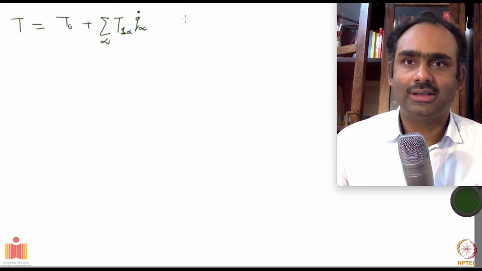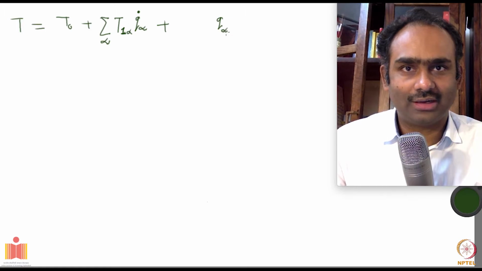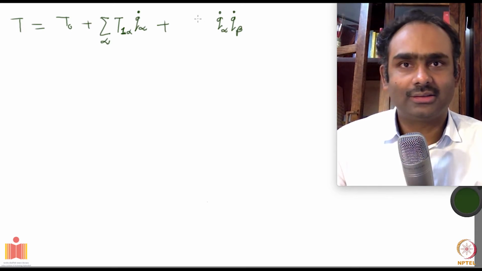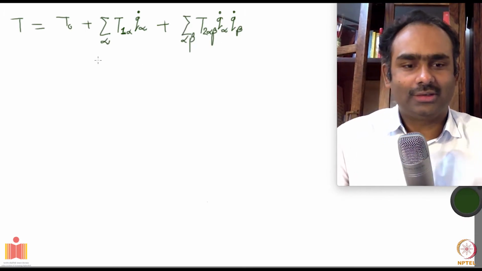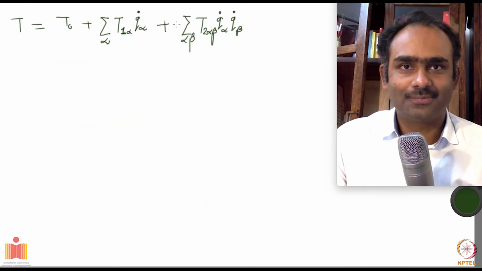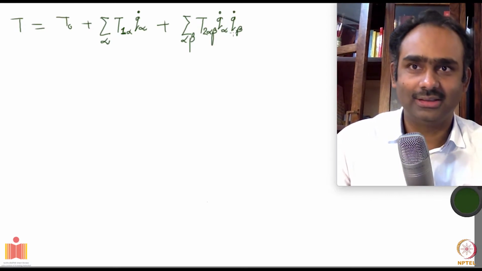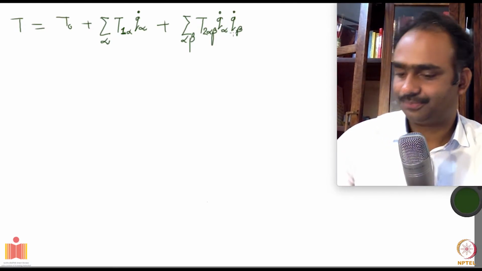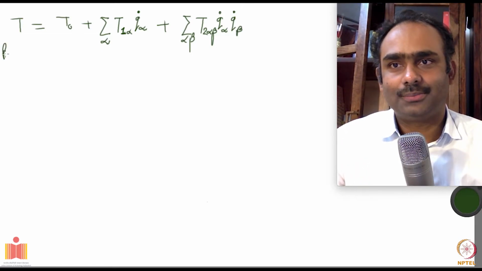That's good. Then as I said, there'll be terms which are quadratic. So you could have q alpha dot, q beta dot, and T2 alpha beta, summation over all alpha and beta. So whatever I said here is more explicitly written here. And note that it's not q alpha dot q alpha dot, it's q alpha dot q beta dot, because cross terms may be present. And this is what we want to prove now. And the proof is simple.